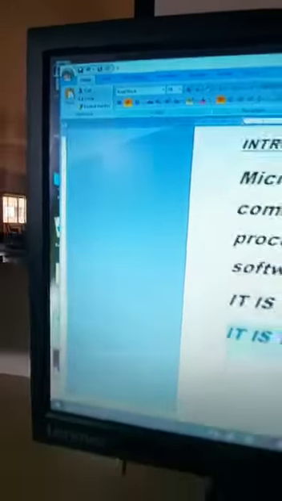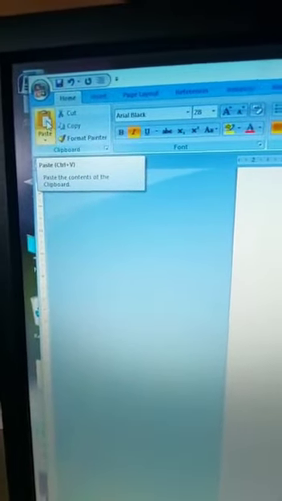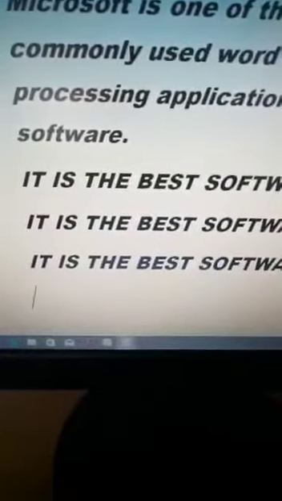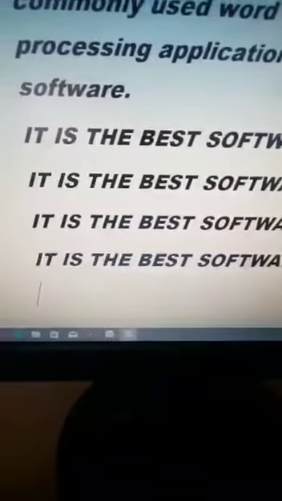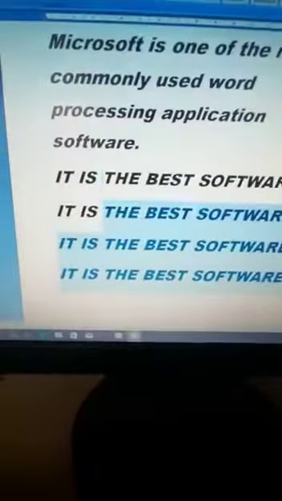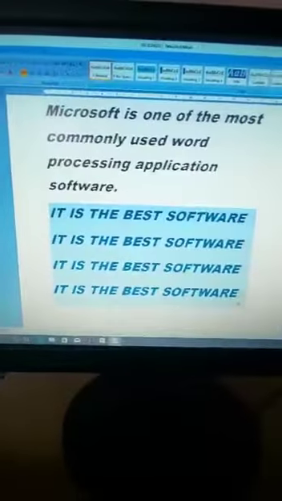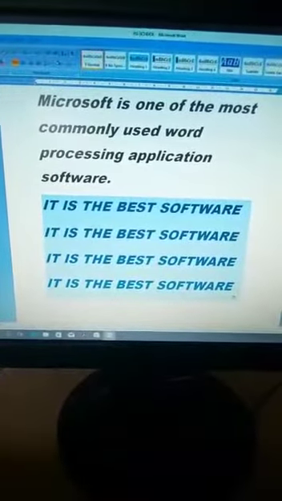Then next place the cursor where you want. Then here paste. Okay, you can use right button of the mouse also, or else you can go to home tab and press paste. See, once again this thing appeared. So this is how you copy.